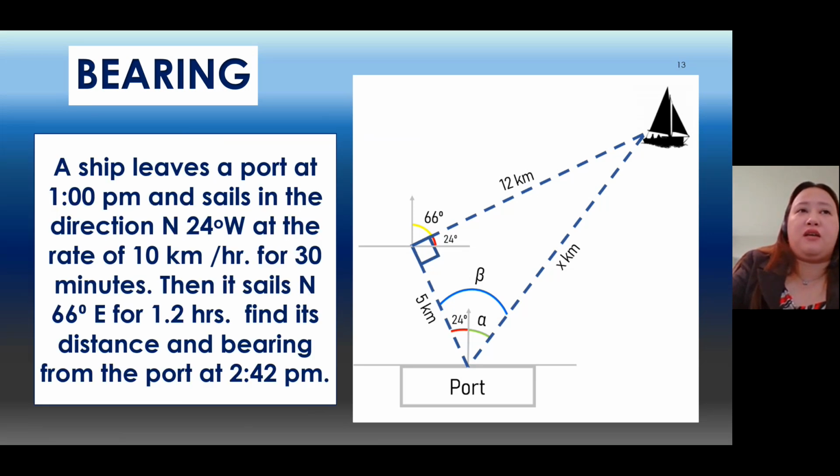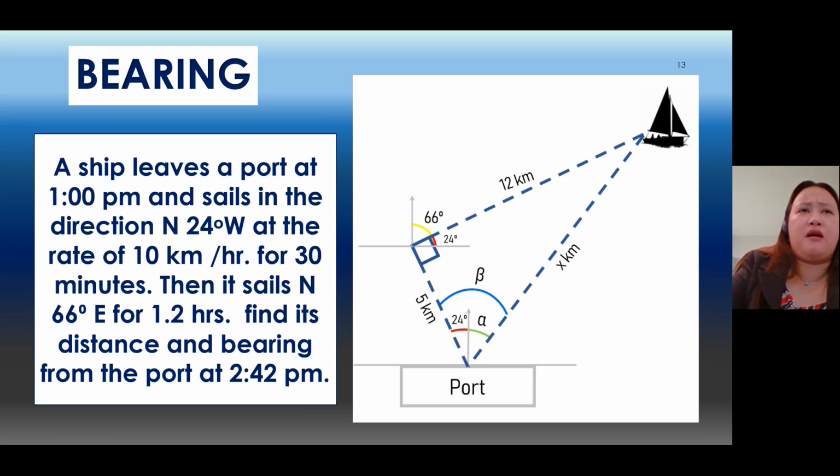In the problem solving, a ship leaves a port at 1 p.m. and sails in the direction of north 24 degrees west at the rate of 10 kilometers per hour for 30 minutes. Then it sails north 66 degrees east for 1.2 hours. Find its distance and bearing from the port at 2:42 p.m. Okay, now